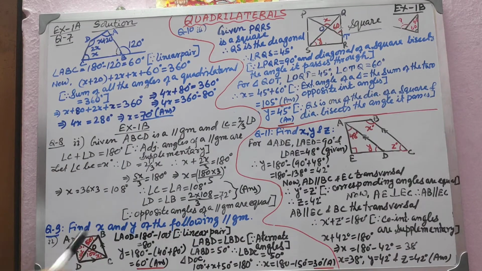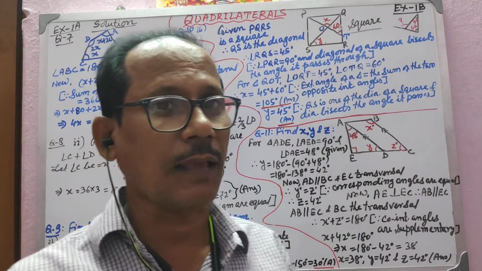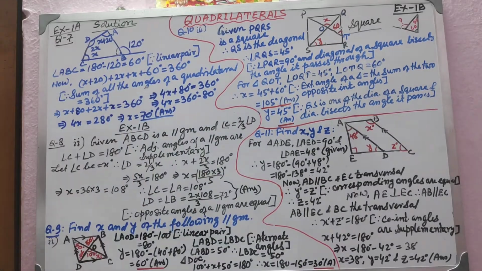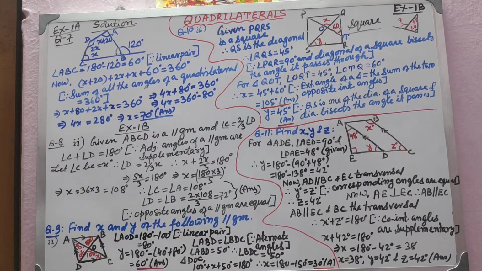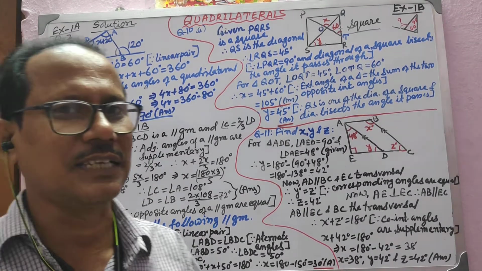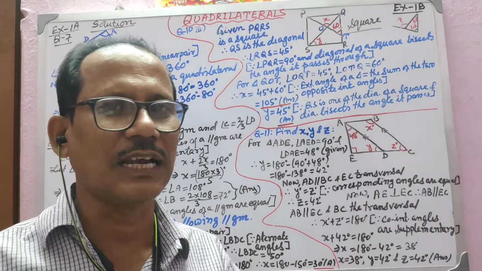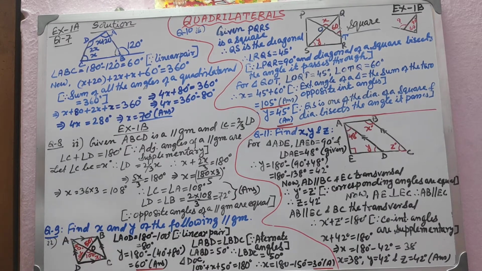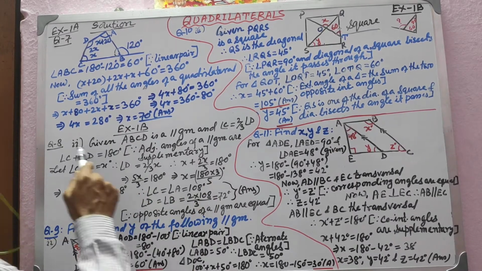Moving on to question number 1b. There are particular types of quadrilaterals whose features you should know. What are the properties for each type of quadrilateral? Let us see. I have taken question number 8, the second one. Before that, the things are general, so you will be able to understand. Question number 8, what is given to you? ABC is a parallelogram.